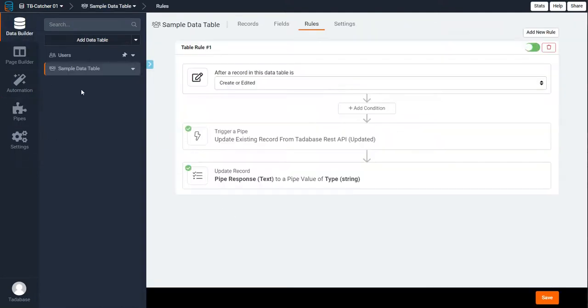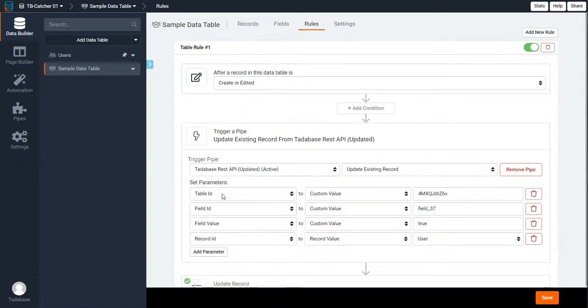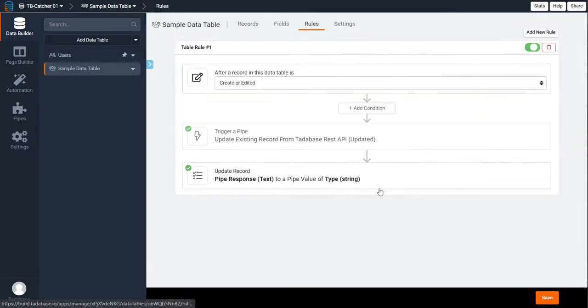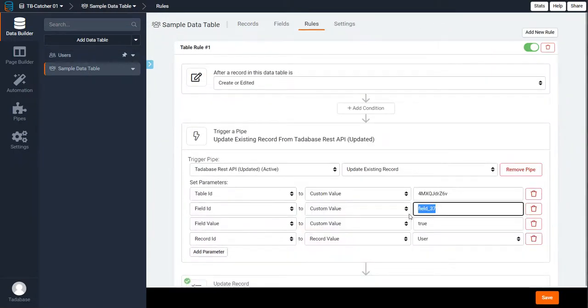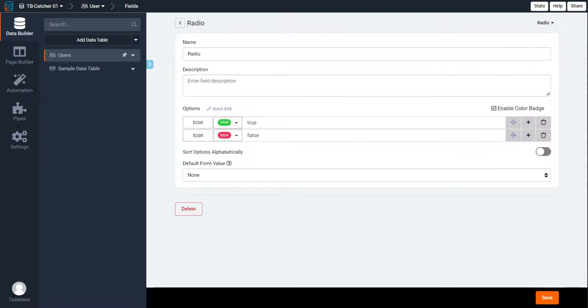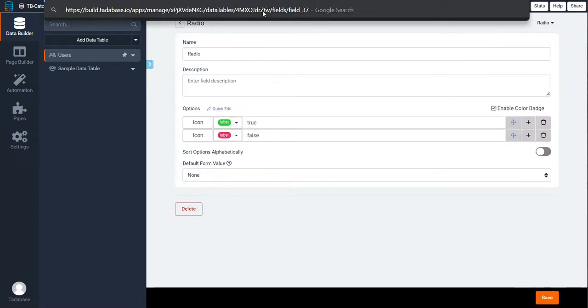Next, in the data builder, we have the rule to update the table ID of the user, which can be found right here. This is the table ID of the user. And then the field ID will be field 37. This is the radio field that we want to update. You can find the field ID by editing the field and going in and seeing the field ID at the